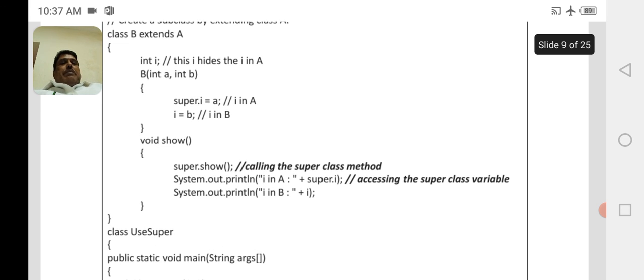And we have the same method show which is there in the superclass. Now to call upon the superclass method, we use super.show, and with System.out.println("i in A" + super.i), which calls the superclass instance variable i, and System.out.println("i in B" + i), which is the subclass instance variable i.